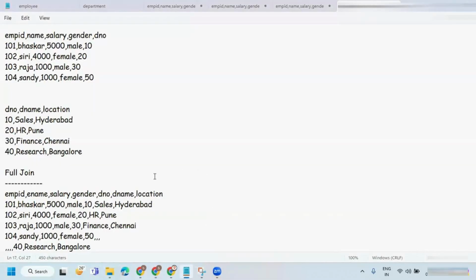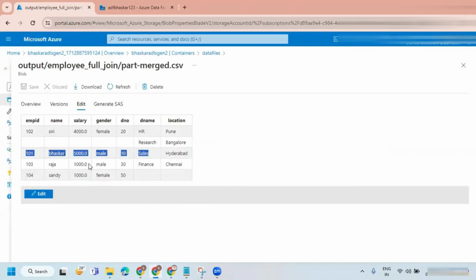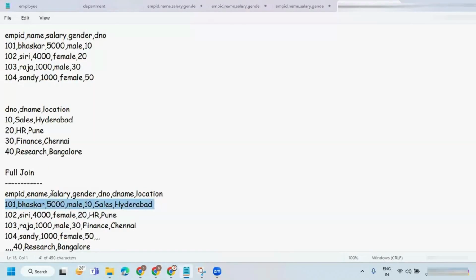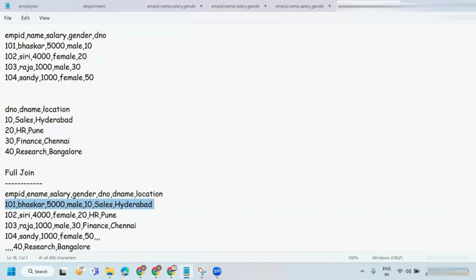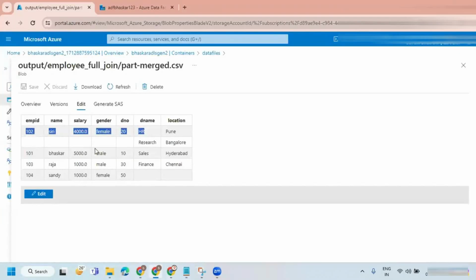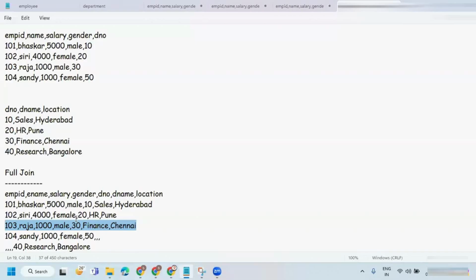In the output, if you see, 101 is complete matching, and 102 is complete matching, and 103 is having complete matching. And here there is a research and Bangalore, and 104 is having only up to 50. Okay, so this is perfectly all right.